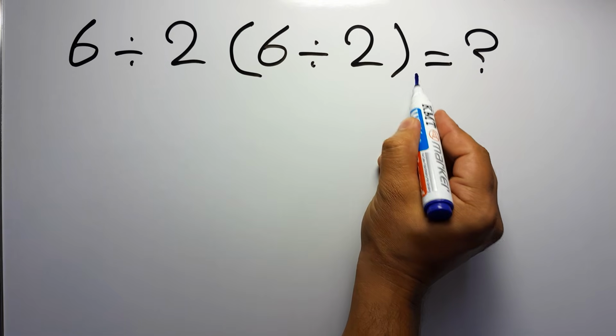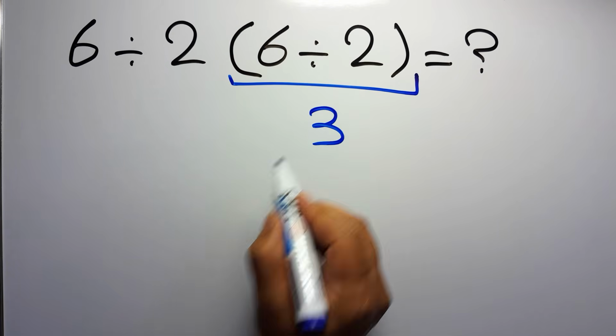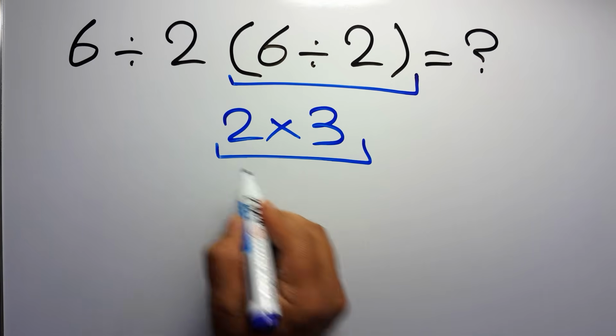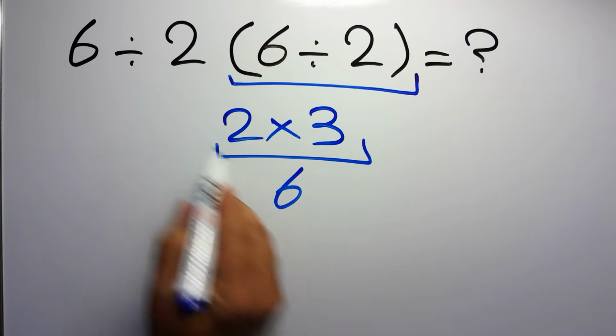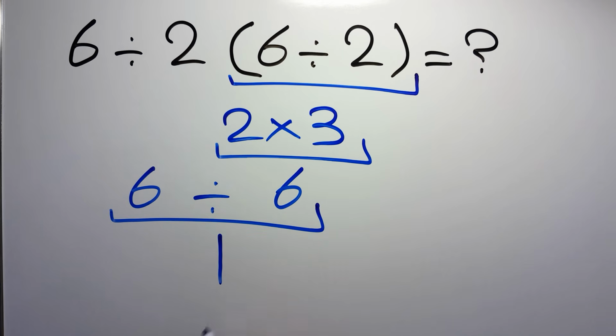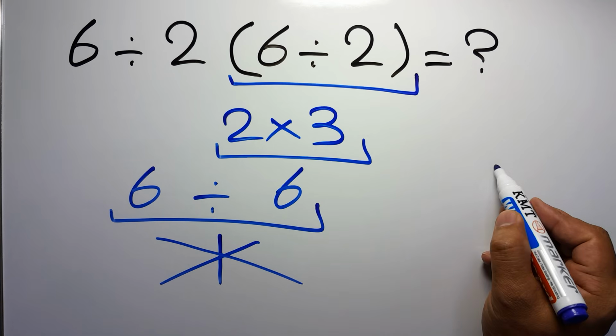6 divided by 2 gives us 3. And 2 times 3 equals 6. So 6 divided by 6 is just 1. But this answer is not correct, because according to the order of operations, which is PEMDAS,